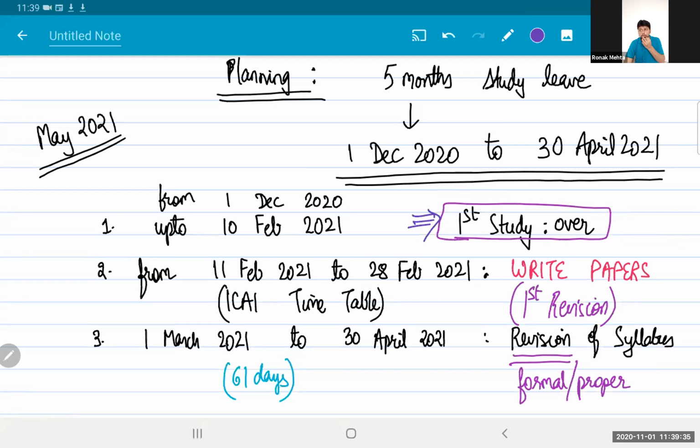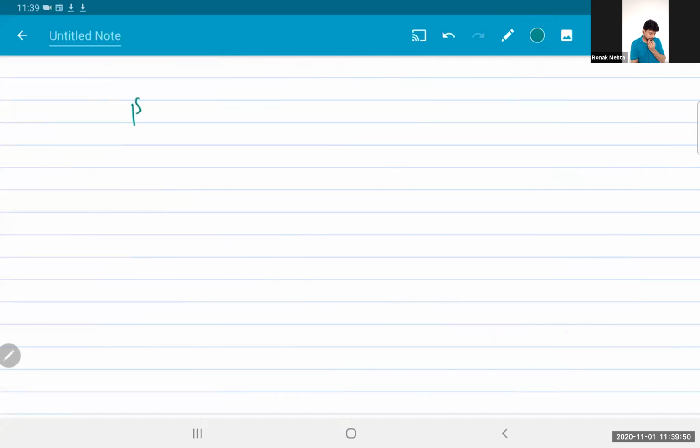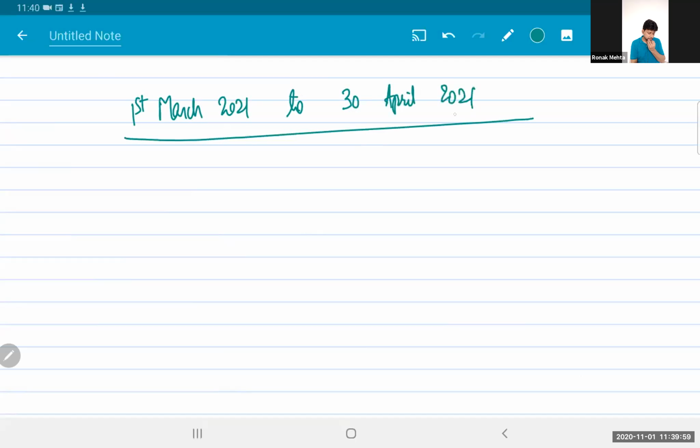What you could probably do is, if somebody feels that writing paper once is not sufficient, तो तुम कुछ ये कर सकते हो. It's an alternative suggestion. It is not something that I would universally recommend. Every student may or may not follow it. But 1st March 2021 से लेके 30th April 2021, ये जो आपका रिविजन टाइम है ना, in this revision time, write a second paper